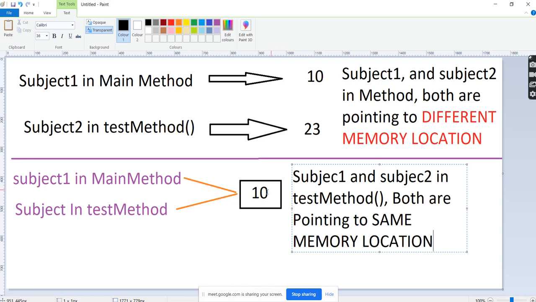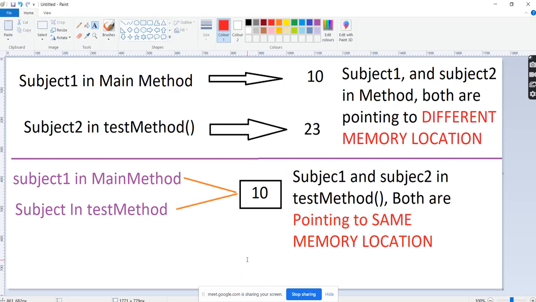That's the reason we are able to achieve the reflected modified values, right? So the first one is called pass by value. We are passing the value, and this is called pass by reference.